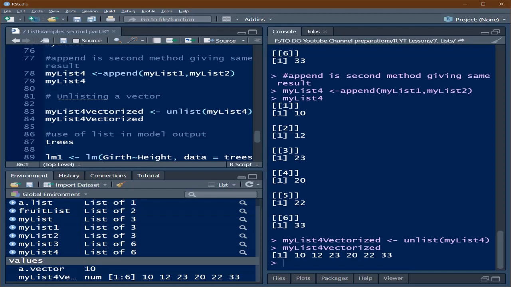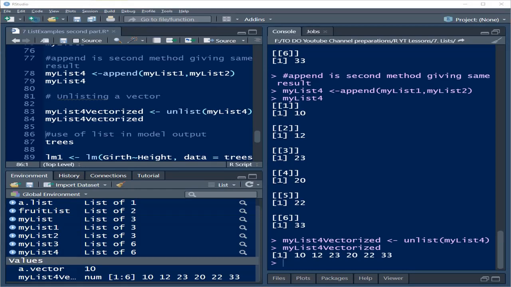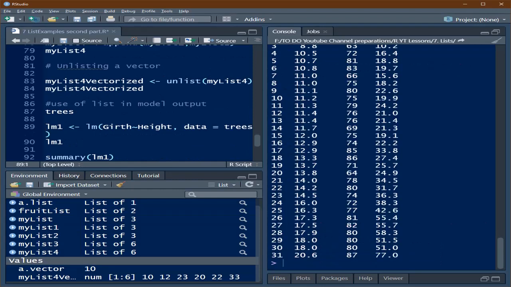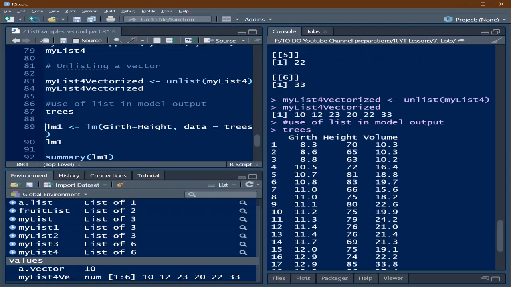Let us move on to see how R stores data in different formats using the list structure. R has a number of models for data analysis. The model, when applied to the data, comes out with a lot of results which are in different forms and data types. Therefore, R uses the list data structure to store the model information. We shall see this through an example. We had seen the trees dataset earlier. Let us revisit it. The trees dataset consists of 3 variables, namely girth, height and volume of 31 felled black cherry trees.